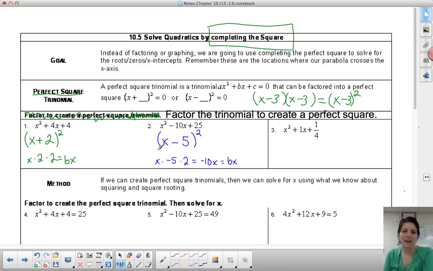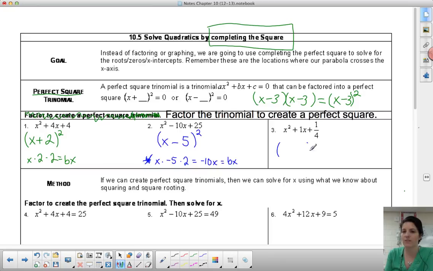All right, so hopefully you came back and you're checking your work and you did a subtraction sign and you used a 5. This step that I have down here is really just a thinking step that I wrote out so I could check my work. But remember that I always do the first term times the second term times 2, and that's what should give me that b value. Number 3 I thought we would probably need to do together,